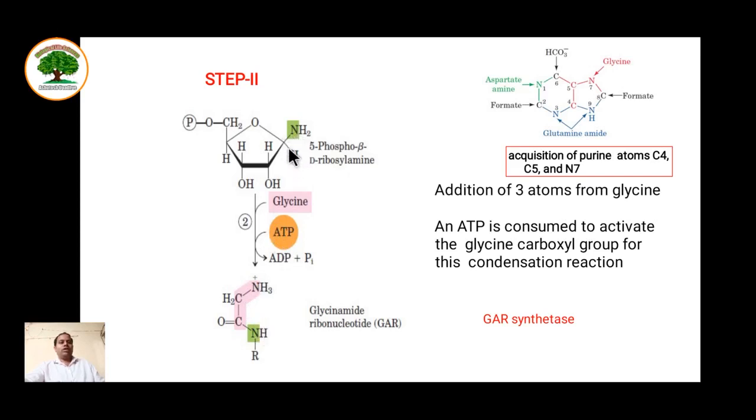Now from here onwards, this whole ribose sugar will be labeled as this R group, and the whole nucleotide is built at this position. You can see here the carbon number 1 is the attachment position of the nitrogenous base, and this is the nitrogen which starts from here. You can see in this base the nitrogen number 3 is attached to the carbon number 1. So this whole ribose phosphate sugar is taken as R here, and the nucleotide is built on that. The enzyme GAR synthetase adds the glycine amino acid to this nitrogen like this. It uses ATP as an energy source here, and the product formed is GAR.